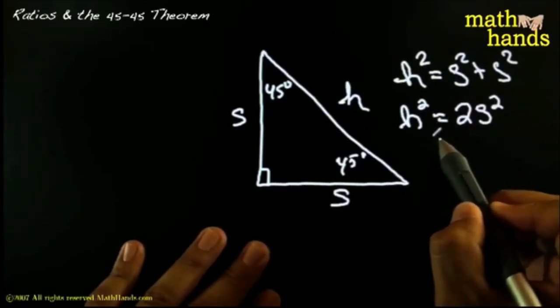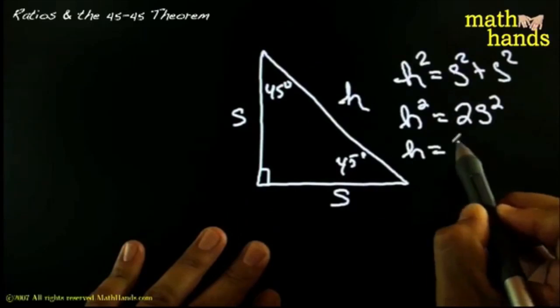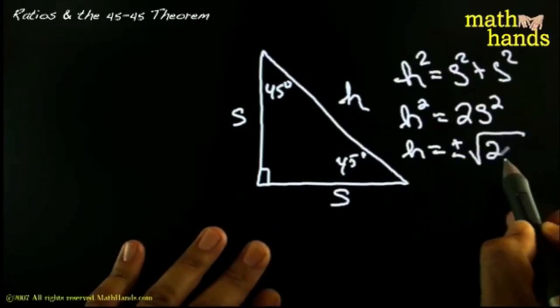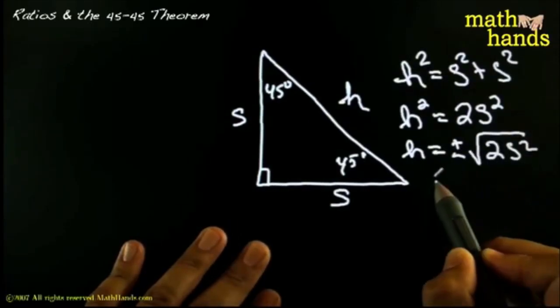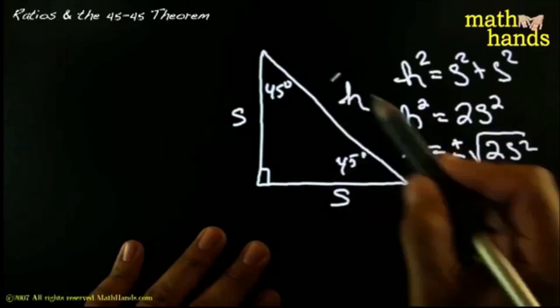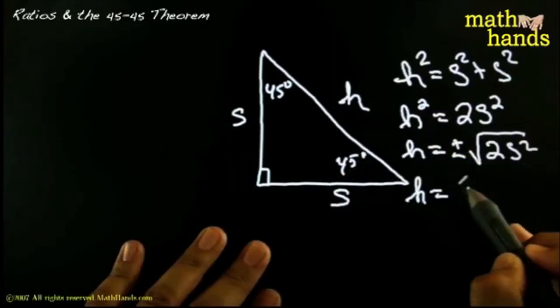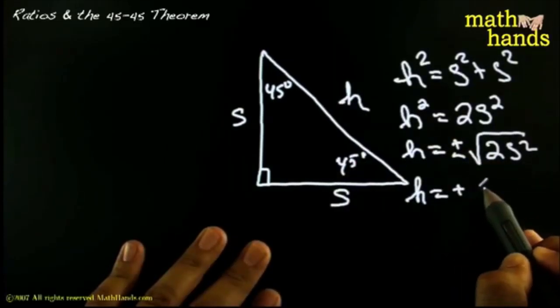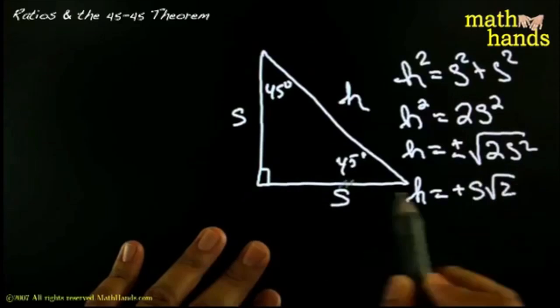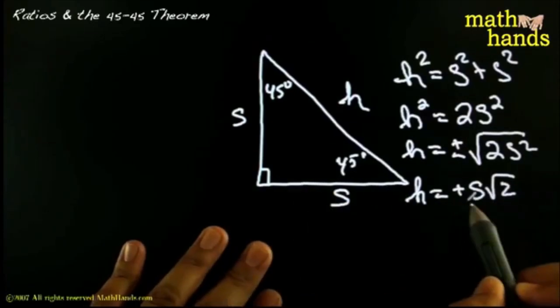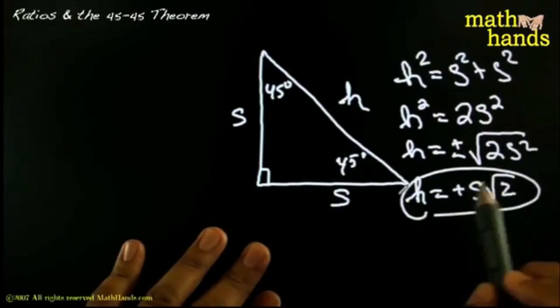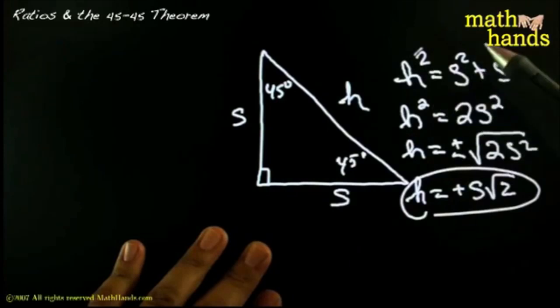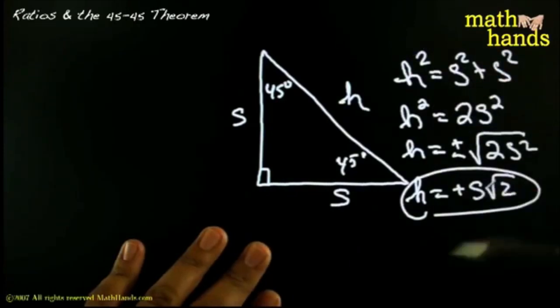And, oh wait, there's more. H would be equal to plus or minus the square root of 2 s squared. And if you accept the notion that the hypotenuse is a positive length, then that would have to be 2 times s times the square root of 2. Again, assuming that s is positive. Okay, that's a proof. That's why the hypotenuse is the square root of 2 times the small one, and it